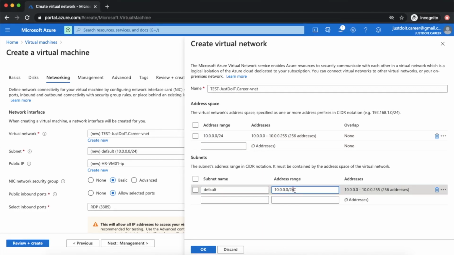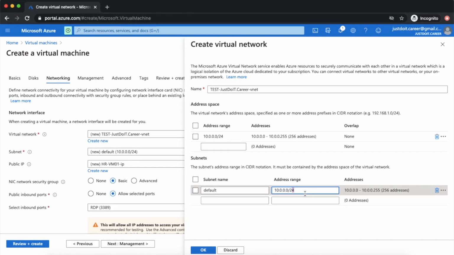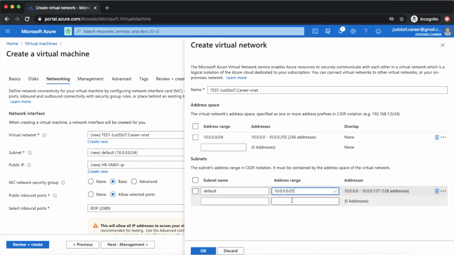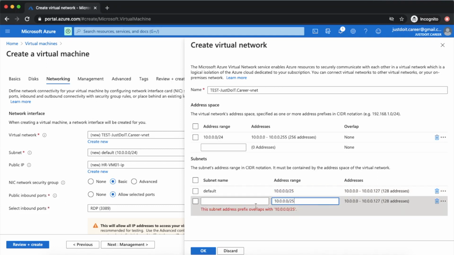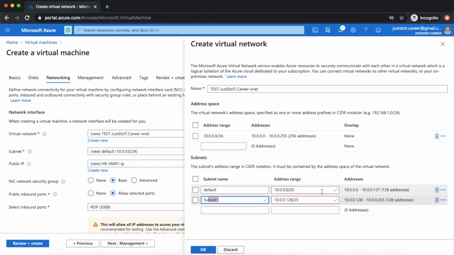If you want to create one more subnet, you can change this network bit from 24 to 25 and use it one more time to provide another subnet. So this is a new subnet that I have created, subnet 1. See, the first subnet has only 128 IP addresses, from 0 to 127.